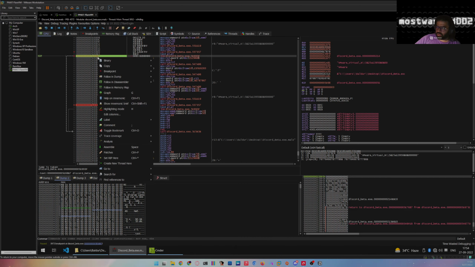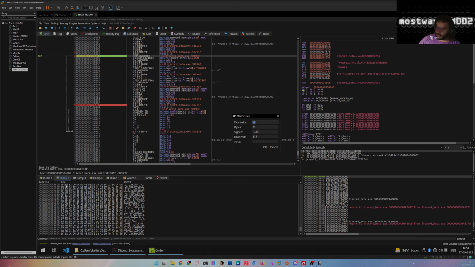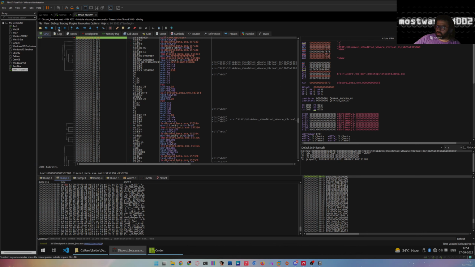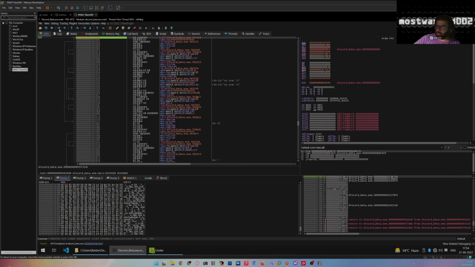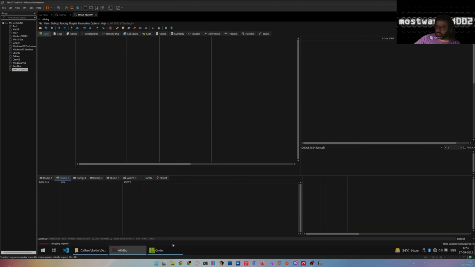I'll just modify the jump to ignore. Follow and dump selected address. Change it to 84 and let it follow through. Follow and remove this. Toggle this breakpoint off and let it run. Let it run again. It is terminated. So we have bypassed the initial VM check that was in place,